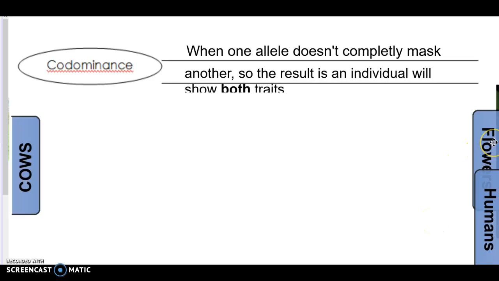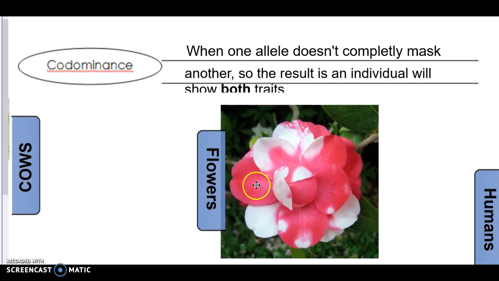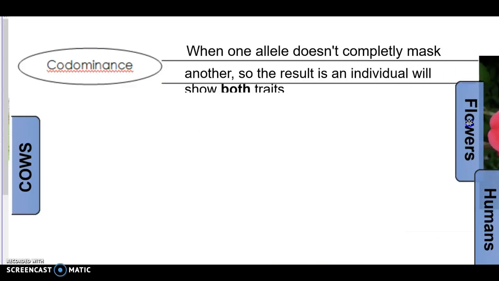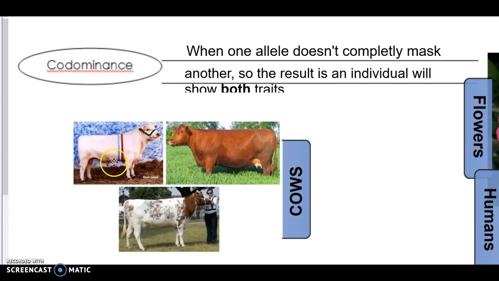First of all, if we want to think about that flower example where we just looked at red plus white equals pink. Well, now in that situation, you would actually have red and white showing up at the same time. So it's not a blending anymore. Both traits show up. Okay. Or there's a situation with cows. You can cross a white bull with a brown cow, and the offspring would have both brown and white in